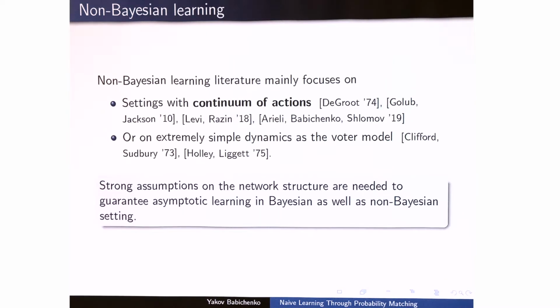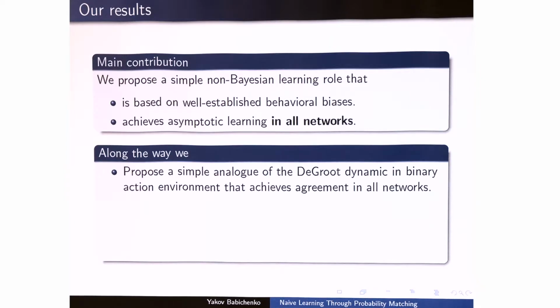And so the bottom line, at least from this literature, from the Bayesian and from the non-Bayesian, is that strong assumptions on the network are needed to guarantee asymptotic learning, in the Bayesian or non-Bayesian case, in case where you just learn from actions rather than from beliefs. Okay, and our main contribution today, what I want to present to you, is we propose a simple non-Bayesian learning